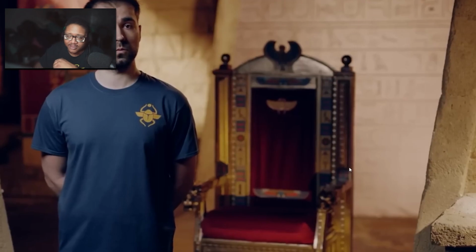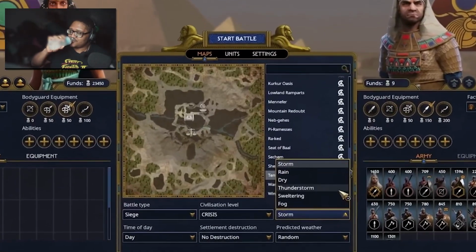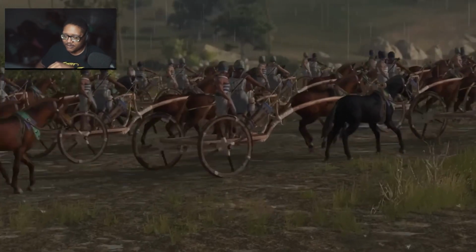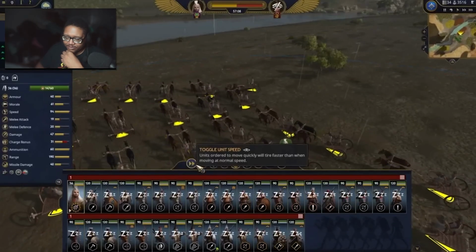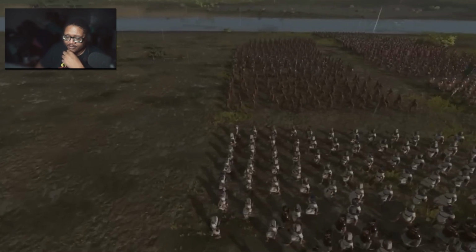Different types will each have a gameplay effect, and they won't only change the environment of the battle, they'll also change the terrain. For example, a rain or storm will create patches of mud in specific places on the battlefield, which the player will have to deal with. So introducing dynamic weather and dynamic terrain change will force players